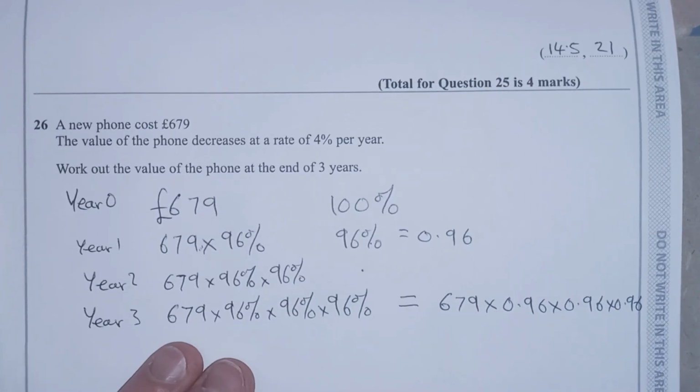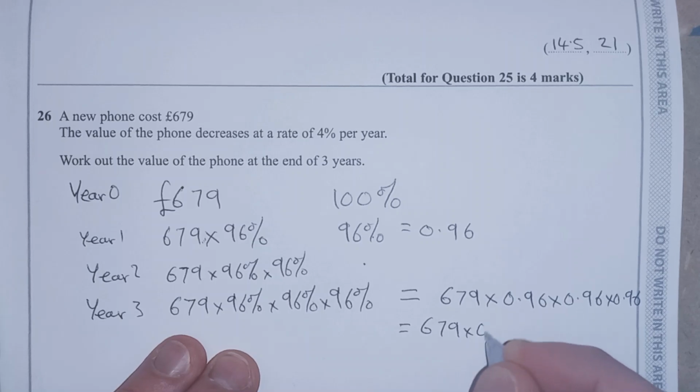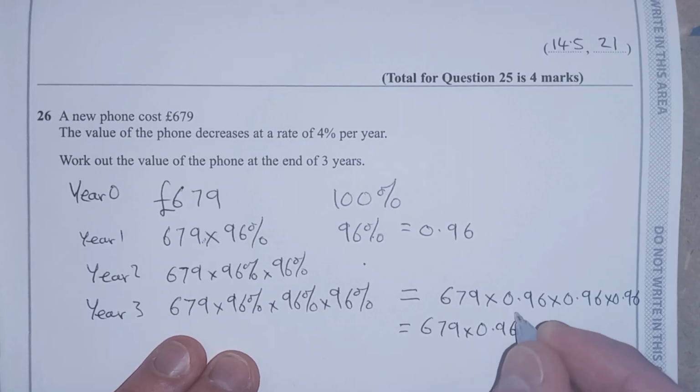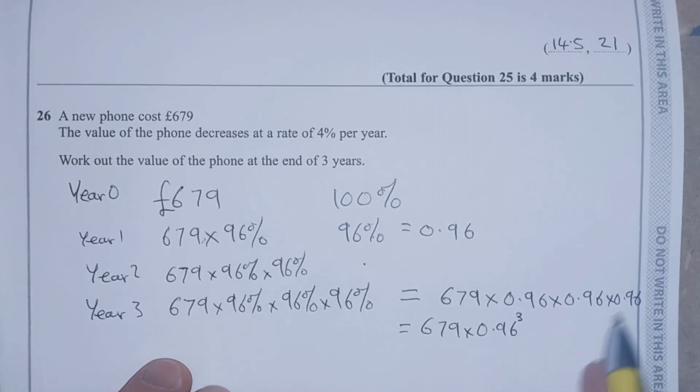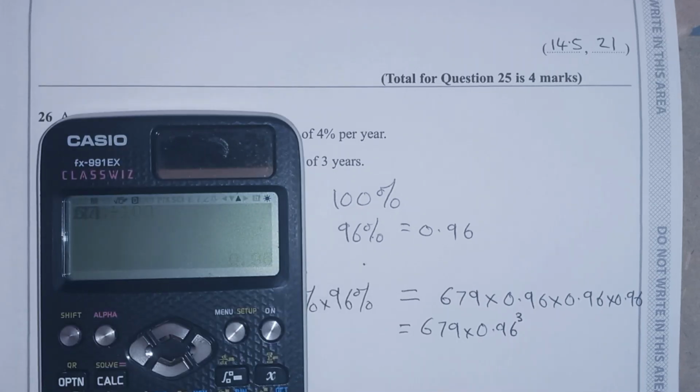Or if it's easier for you to think of it, 679 times 0.96 to the power 3, or cubed. However you want to type it in. So 679 times 0.96 and 96%. We're going to cube that, and we get